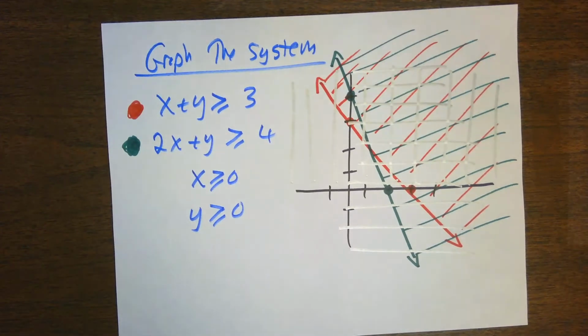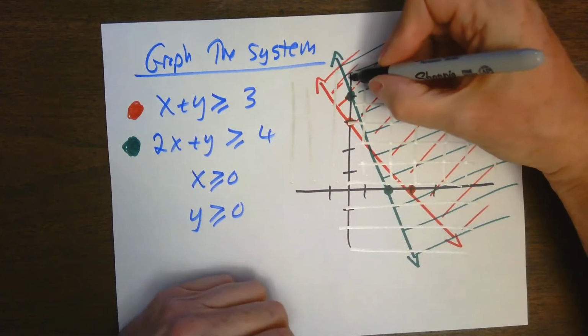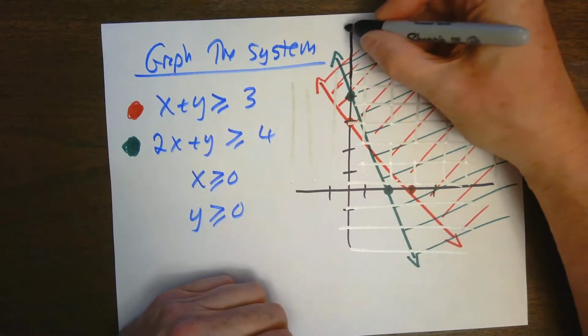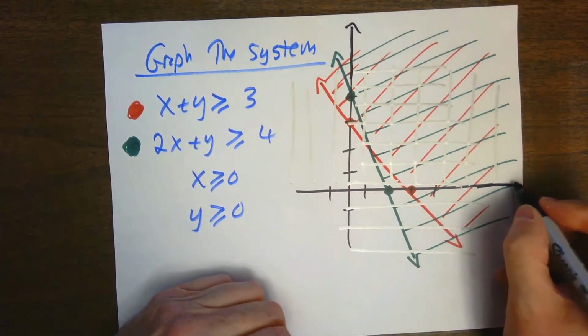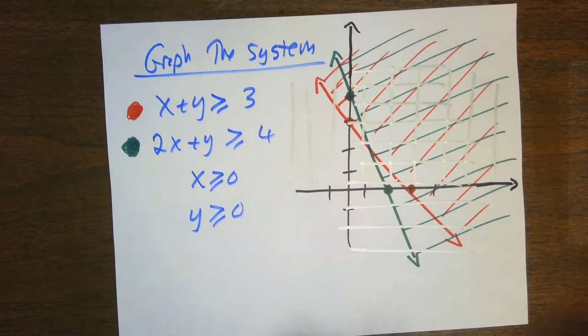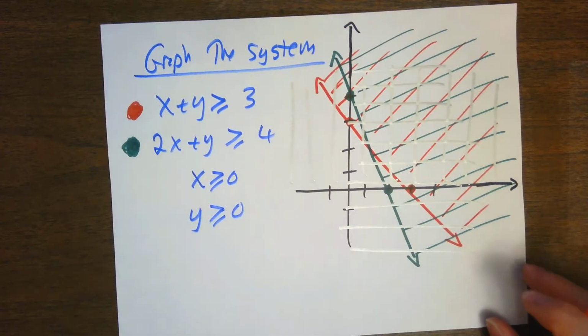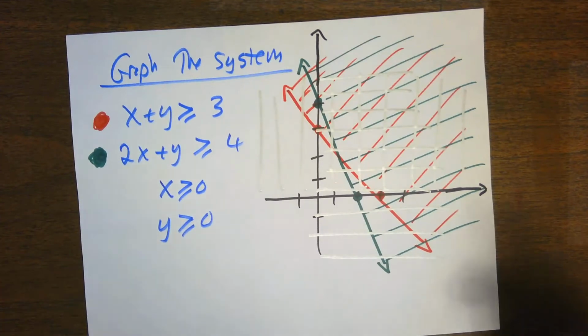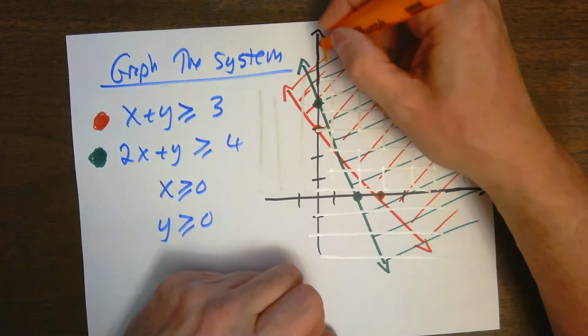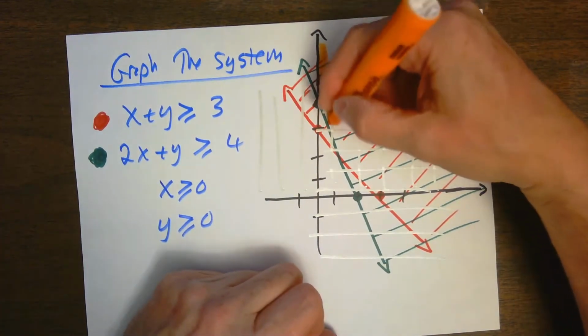So what is the solution? The solution, and I'm going to just extend the axis here a little bit. I probably didn't extend the axis far enough. If it was in class, I could turn the chalk sideways, and this would be a lot nicer and prettier. But the solution is going to be